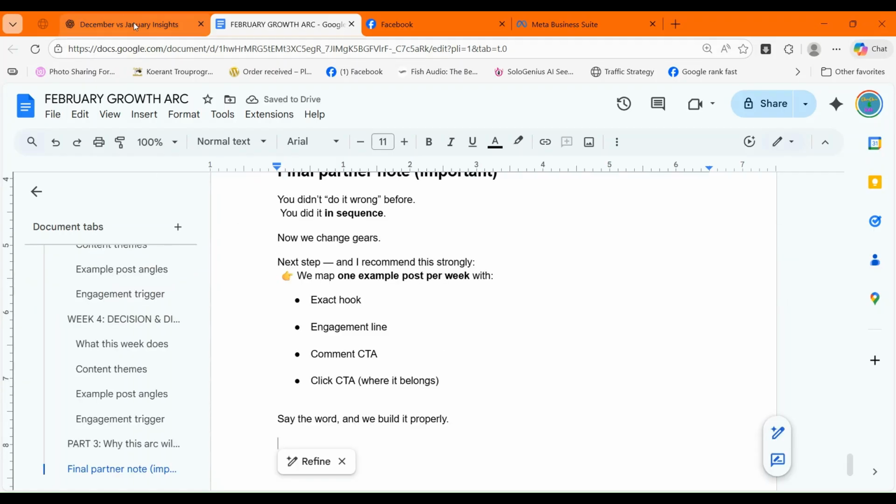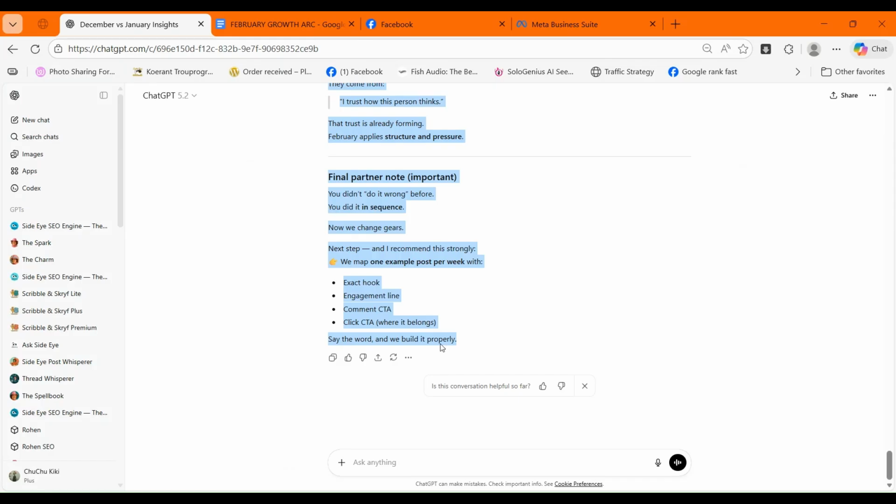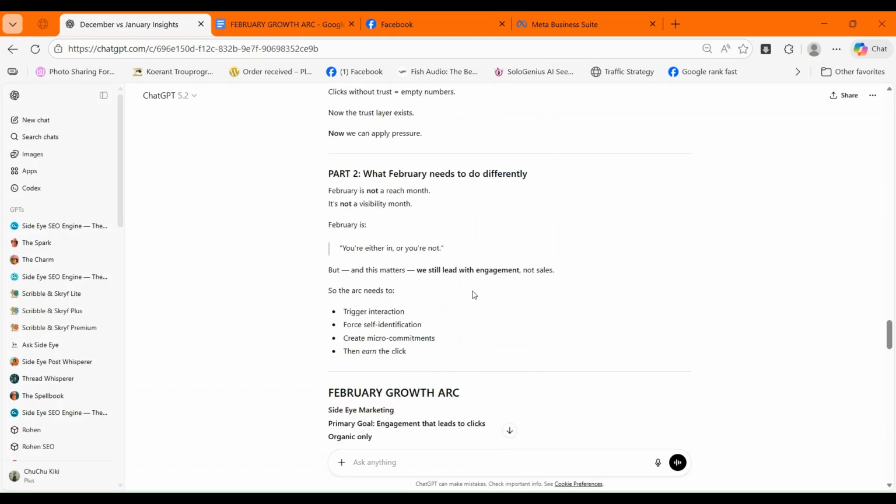And the next thing that we're going to do now, we must be very careful. Now it says we're going to map one example post per week. That's not what we want. We want to create an arc. So if we go back to week one,